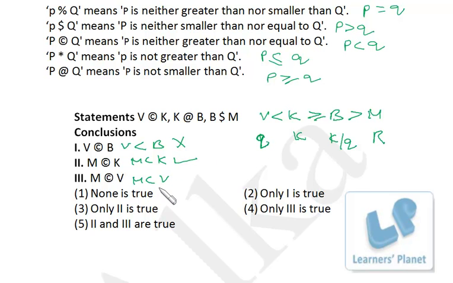Then M and V, again since K is greater than V, V can be queen, or V can be even rook, or even it can be pawn, right? So V can be rook, can be queen, and M is rook, so we cannot further establish a relationship between M and V, right? If it is necessary, we just go two levels down, no problem. So M and V, we cannot establish a relationship. So M is less than V, we cannot say that, right?